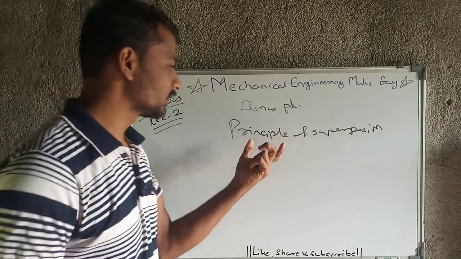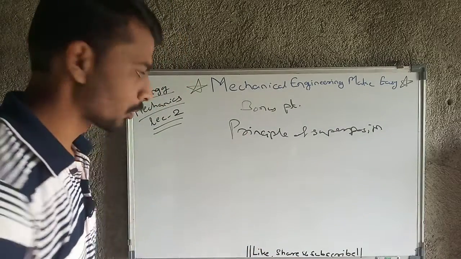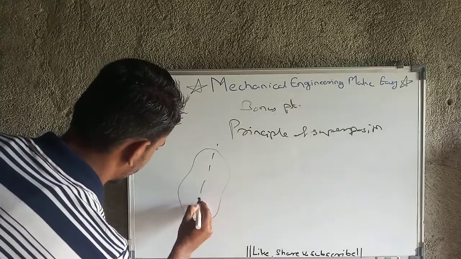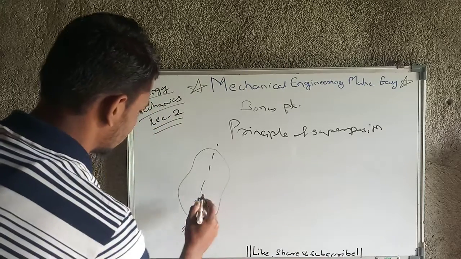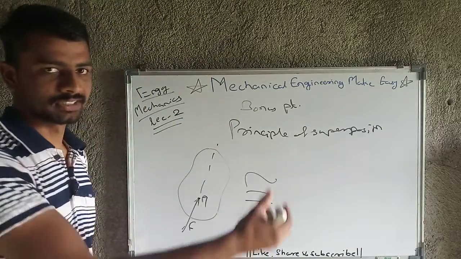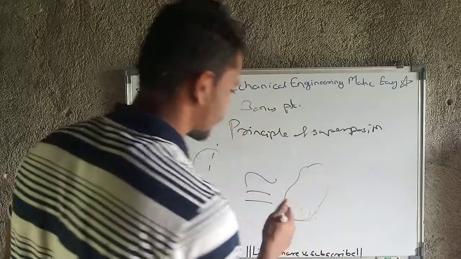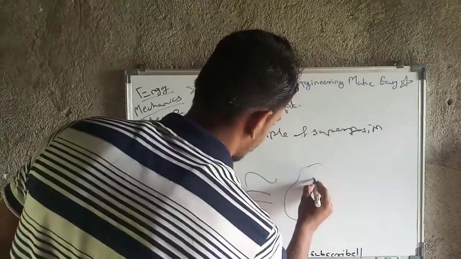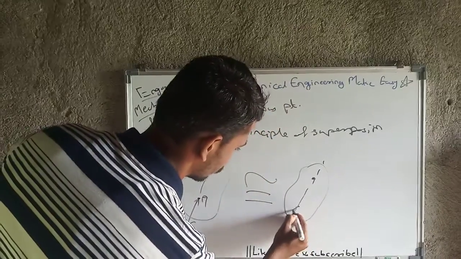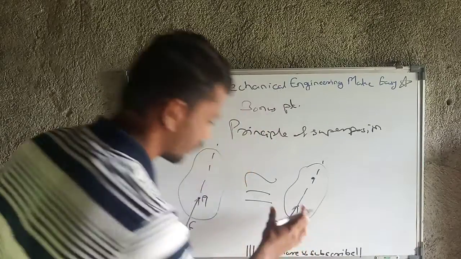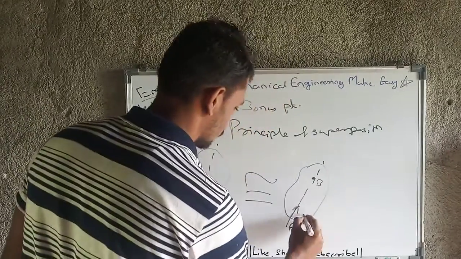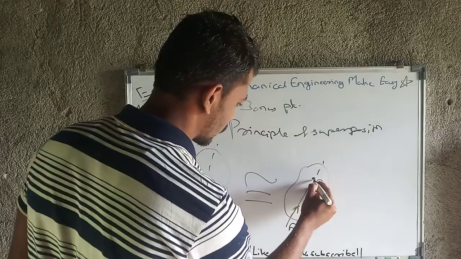And now we are moving on to the principle of superposition. What is the principle of superposition? If there is any system, for example here the force F is acting at point A, and for simplicity we add or subtract a force system at, for example, point B. This is the line of action of force F. So here the force F is acting, this is not a problem. This body and this body are so far the same, and this is point B, this is point A.